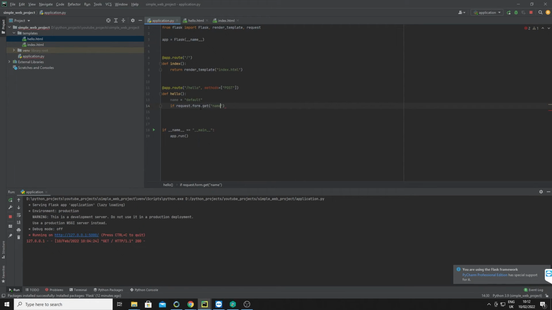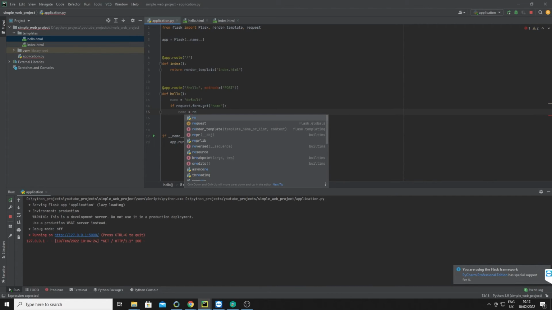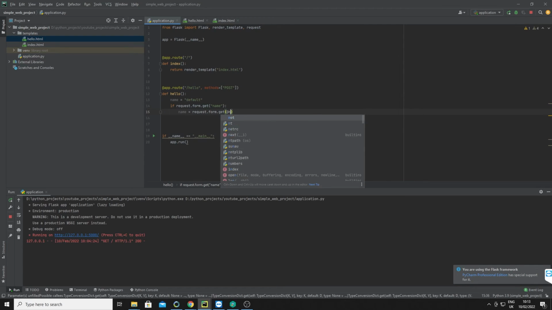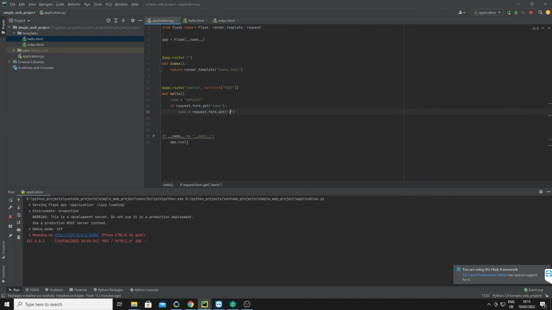If you're using a get method, you want to use request.args and then get. It's odd naming convention, but it's the way it works. So then we want to say, if that's the case, then set our name to request dot form dot get name,